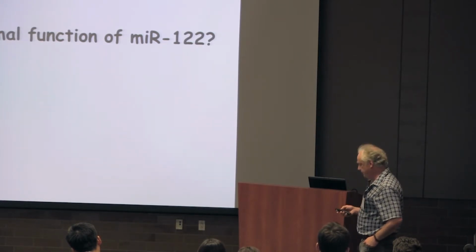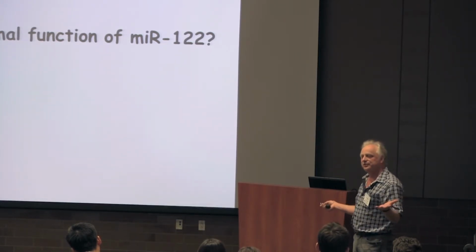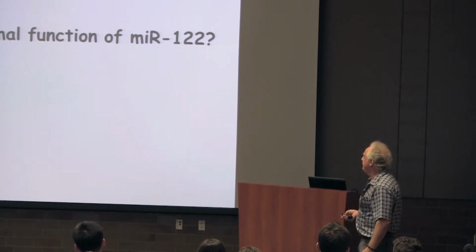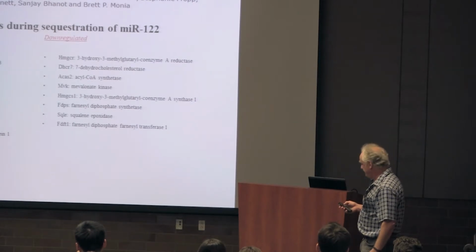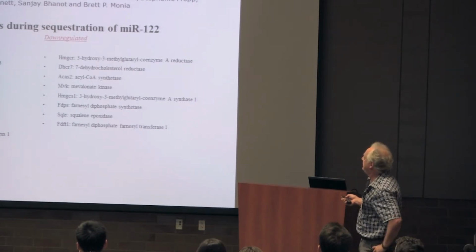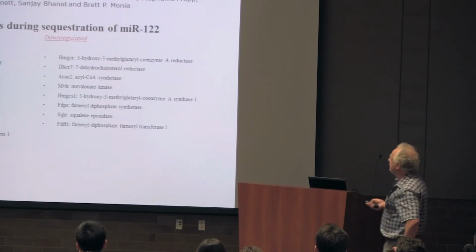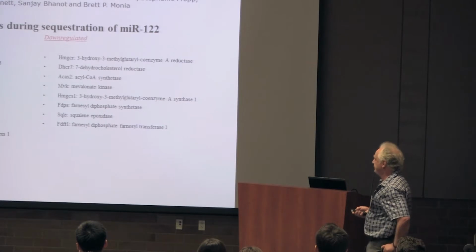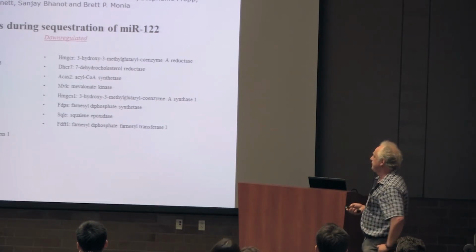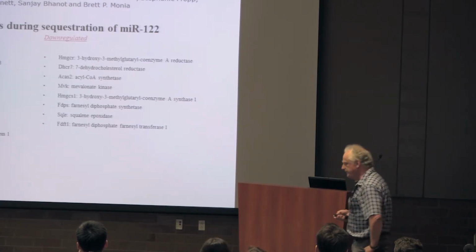And the question was, well, what is its normal function? I told you it's highly abundant in the liver, so we needed to know that. And at that time, when we were contemplating this, at the end of 2006, 2 papers came out, one by Sarnow at Rockefeller, and one headed by Christine Azar. At that time, she was at Long Island here in Southern California. And what they did is they